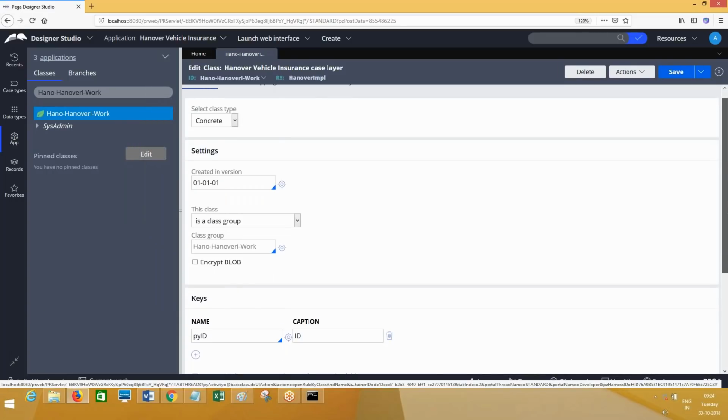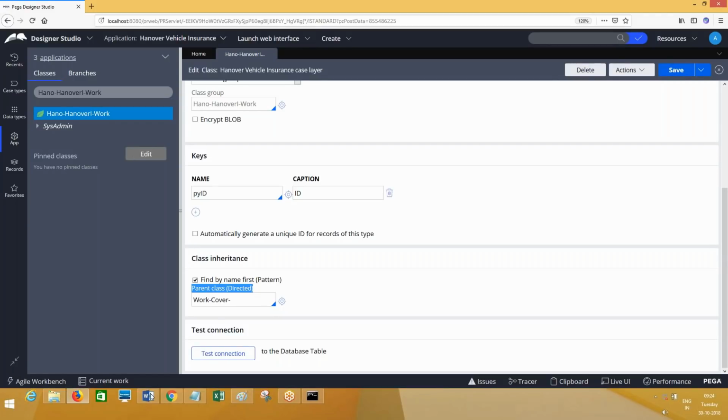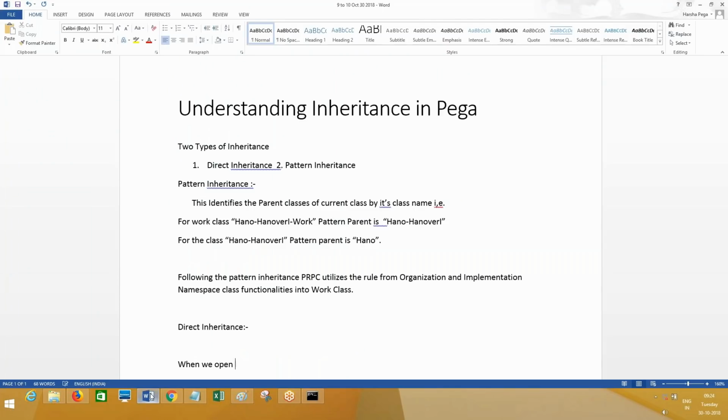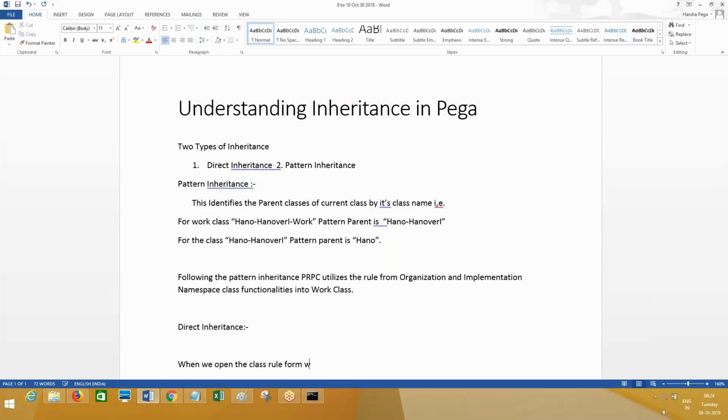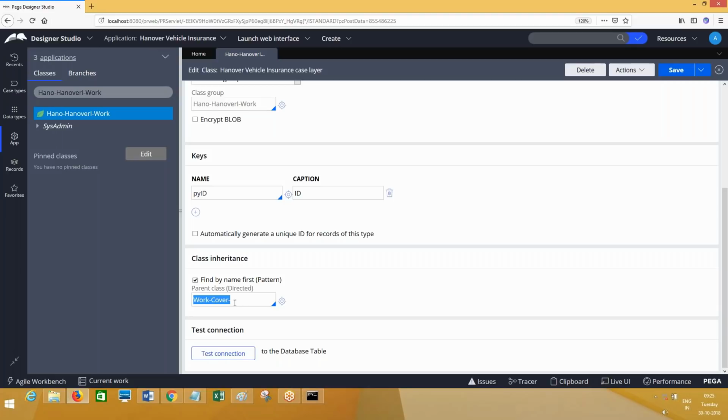If you open the class rule form and scroll down, at the bottom you see the parent class, the direct parent class. Now look here. If you open the class group rule form and scroll down, what is the direct parent of the class group?